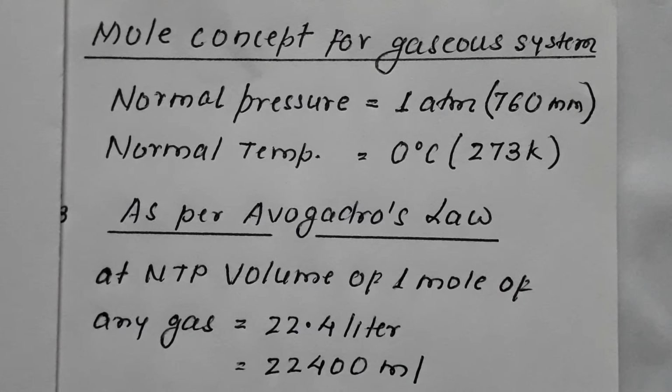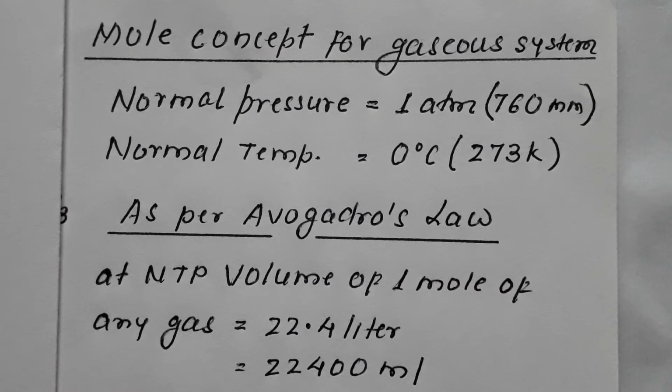We are dealing with mole concept. Now it is mole concept part 3. In the first part we dealt with what is mole and how we can convert given weight into mole. Using the mole, we calculated the number of molecules, that is number of particles, and the number of electrons. In the second part we dealt with the calculation of the number of atoms in any particular substance.